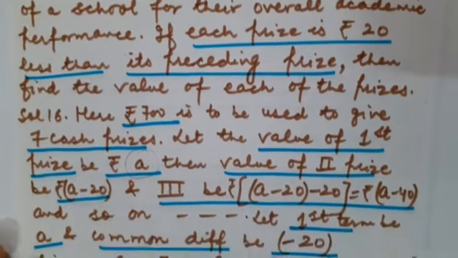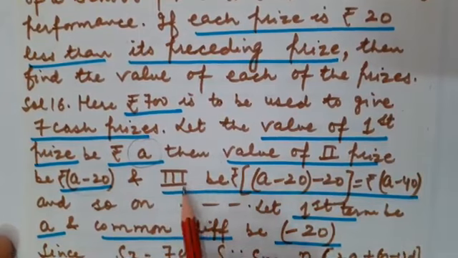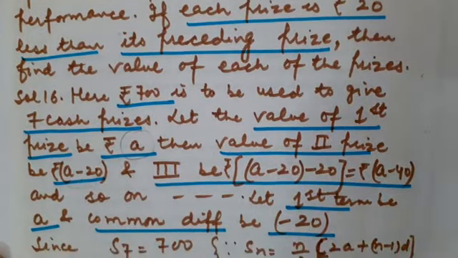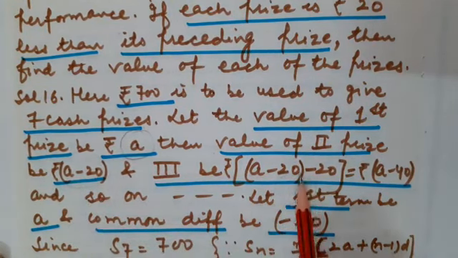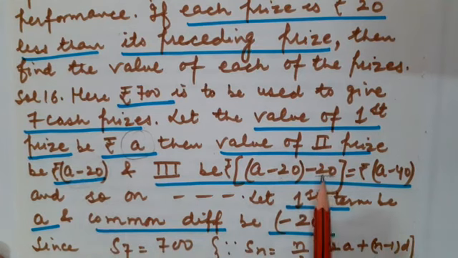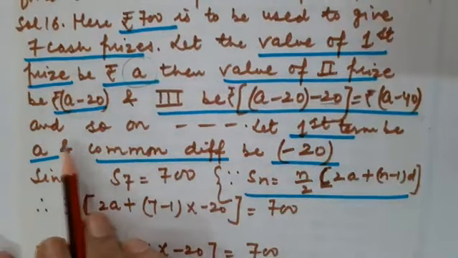So I have to subtract 20 from rupees A so that I can come to know the second prize value. Now let us talk about the third prize value. For the third, I have to subtract again 20 from the second prize. Correct? So this is A minus 20 and of course minus 20 more will be done, because it is given in the question that it is 20 rupees less than its preceding prize. What was the preceding prize for prize 3? That was A minus 20. I have to subtract 20 more from here. So children, it would become A minus 40. And so on.